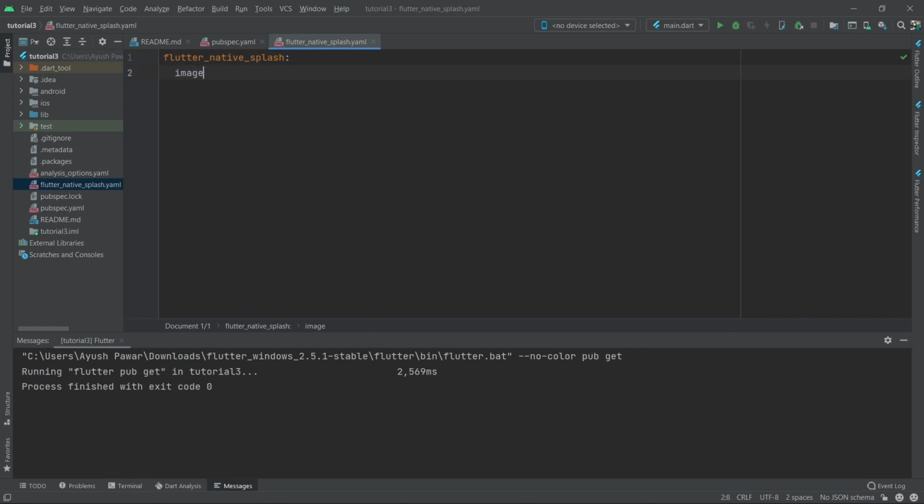So first of all, we will need to give an image, and I would give this image asset slash img.png. Then let's set Android equals true, iOS equals true. So this tells basically if we want it for both the operating systems or not. Let's keep the color as white for now. This color is basically the background color which will be shown after the image. Let's keep full screen to true,